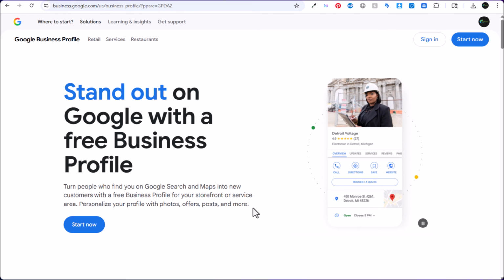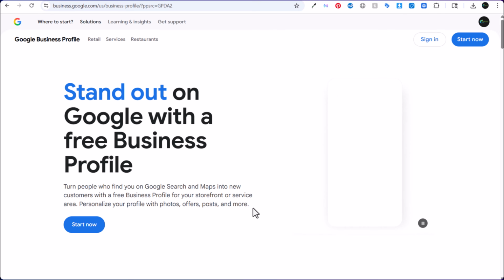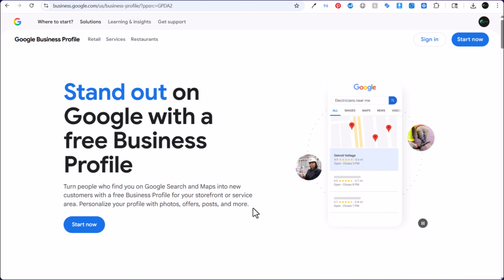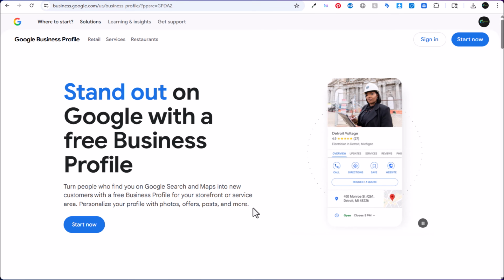Today, I'm going to be going over local SEO, Google Business Profile best practices. So how to rank your business profile. Basically, after you create it, get it verified. Here are the things that I would try to do to make sure you're getting as many